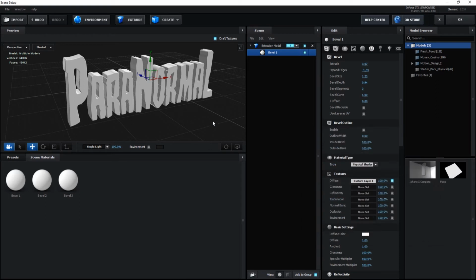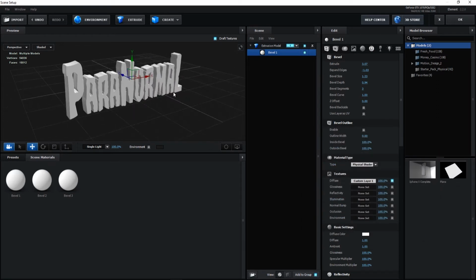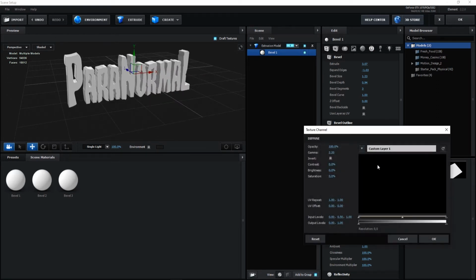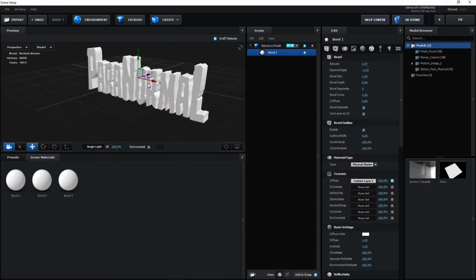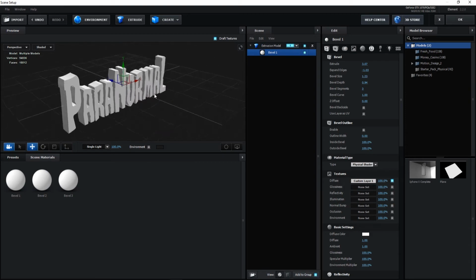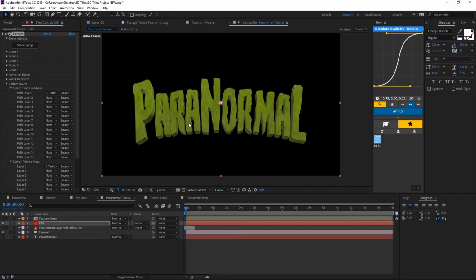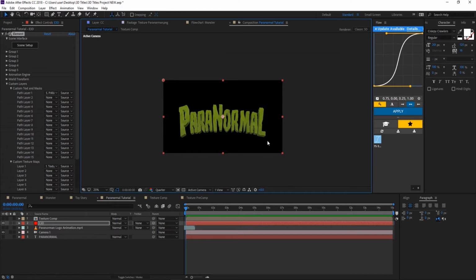And then hit OK. Now it should appear here in the preview tab, and it also should appear in this box, but for some reason it doesn't. I don't know if this is a glitch only for me. A workaround that I came up with is, let's just go back, hit OK. You can see the composition, it shows up, but we need to be able to control the position, the stretching. Since we're not seeing the purple at the bottom here, we need to be able to do that in real